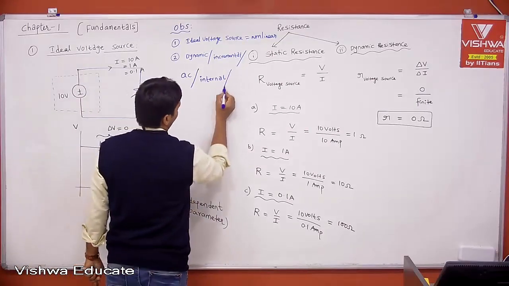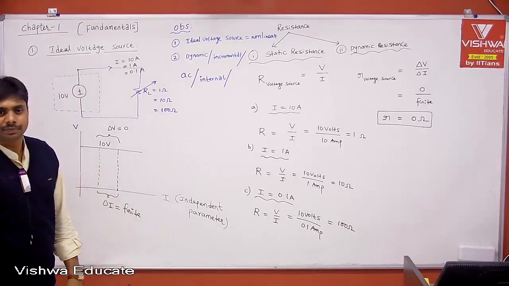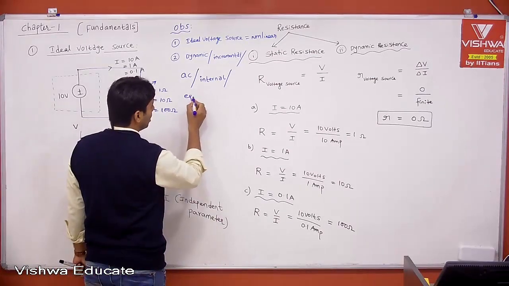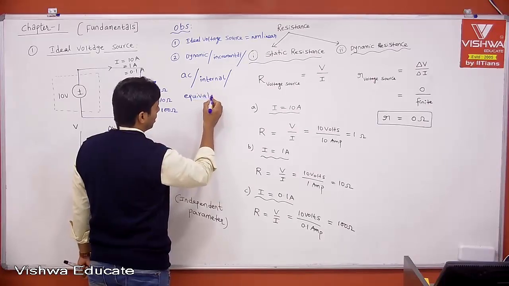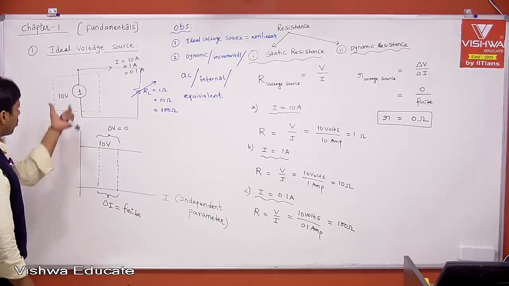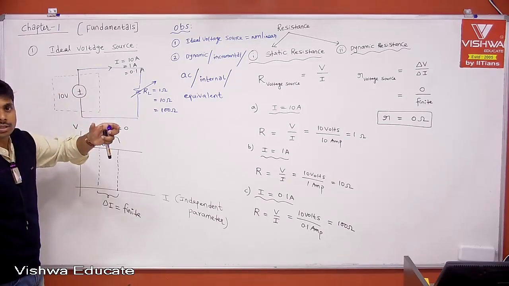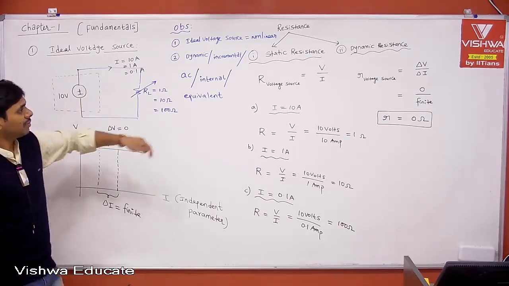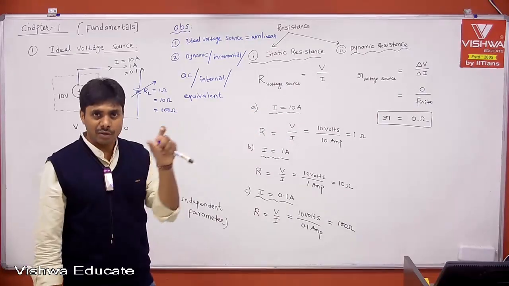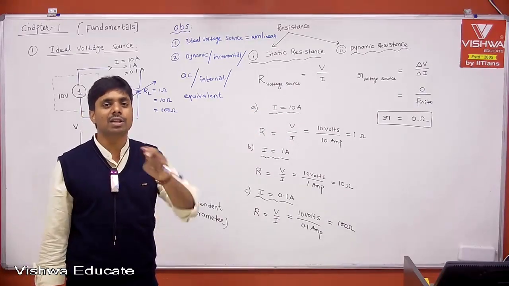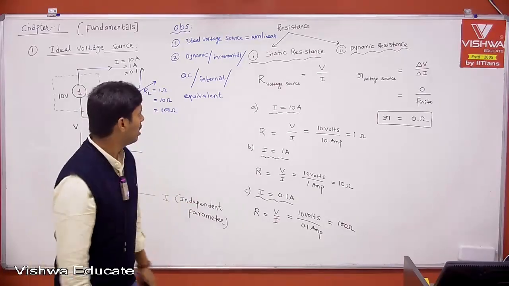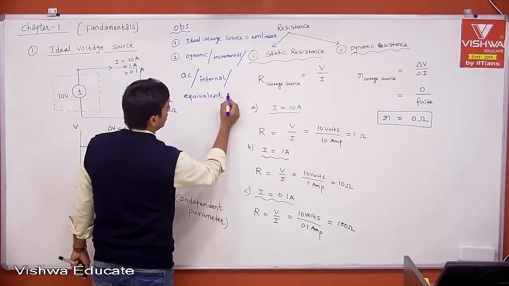Internal resistance, or equivalent resistance. When I say equivalent, what do you mean by equivalent? Equivalently, how are we representing it with a resistance? Equivalently we are representing it with a resistance of 0. What does it mean equivalently? When you speak with respect to resistance, it says there is no change in voltage even though there is change in current. Therefore, equivalently we are representing it. Okay. Therefore, equivalent resistance